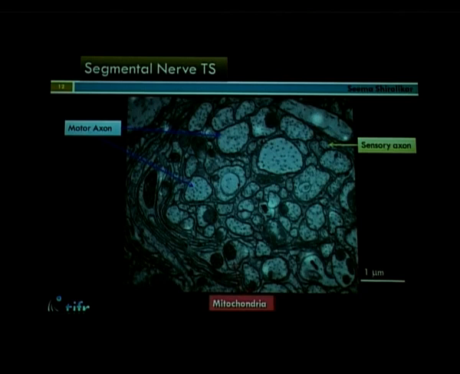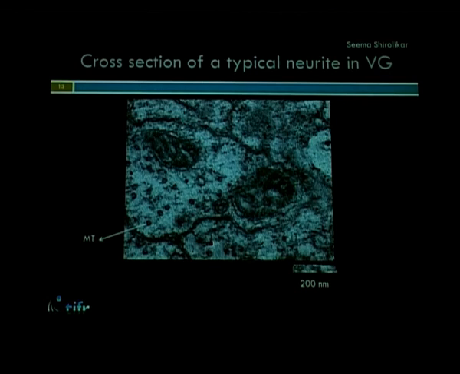The axonal apertures are quite narrow. This is a cross section of the segmental nerve, and the movement that I showed you probably happens in one of the sensory neurons, which has about 200 to 300 nanometer aperture and typically contains about 10 microtubule filaments. Often the space is filled up with large organelles such as mitochondria, and therefore the vesicle that I showed you has to negotiate through this crowded space while moving through the neuronal aperture.